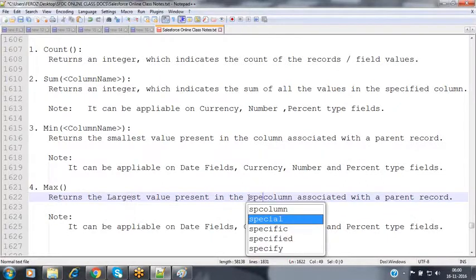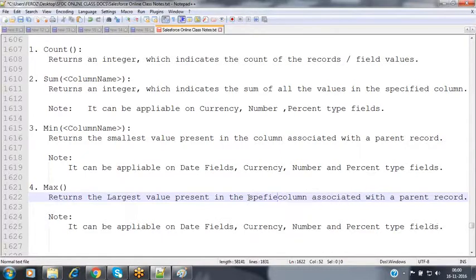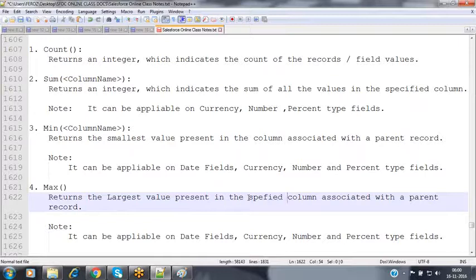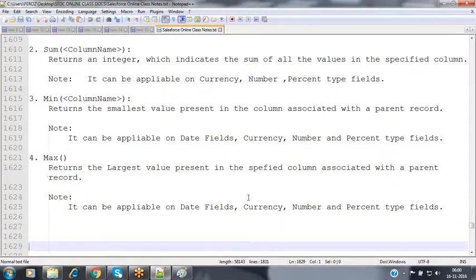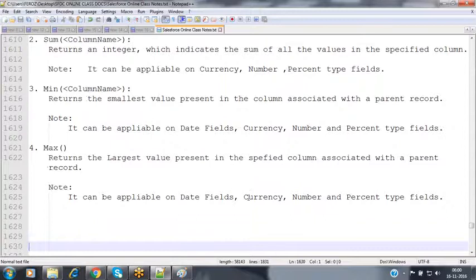Whatever parent record is available, based on that parent record we group all the child records. In the child records, based on this column, we collect all the values, and from there we fetch the maximum value. So these are the 4 aggregate functions available in Salesforce, which can be used inside roll-up summary fields.